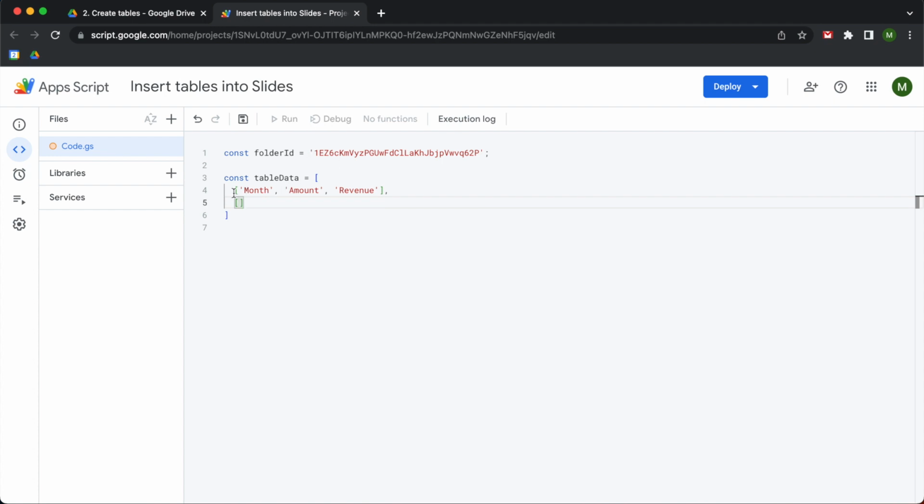So if we were in a spreadsheet and we just opened up the spreadsheet and we went into cell A1 and we typed in the word month, we then went to the cell directly next to it, B1, typed in amount, and then went to cell C1 and typed in revenue. This comma is the same thing as when we hit enter or we go down one row, and now we're in cell A2. So now we're going to type in the word January